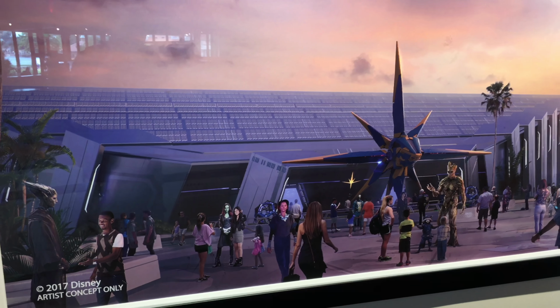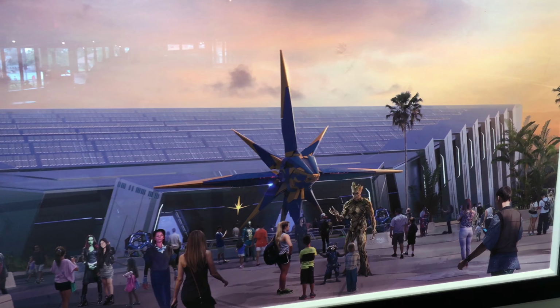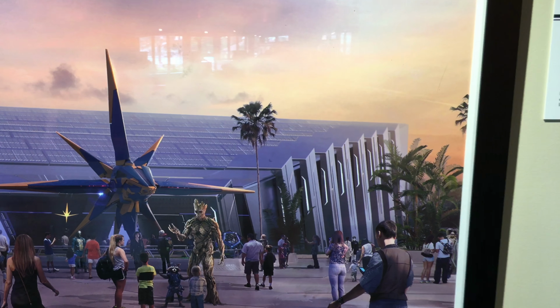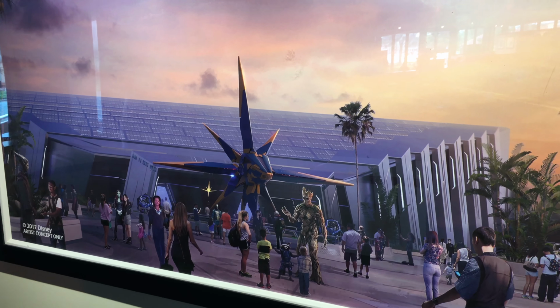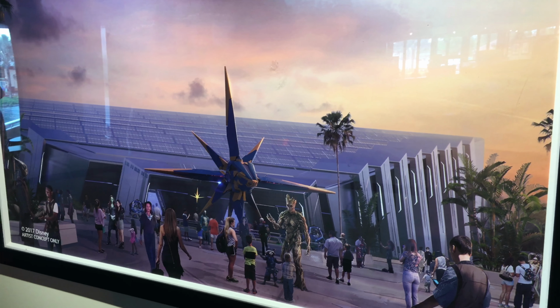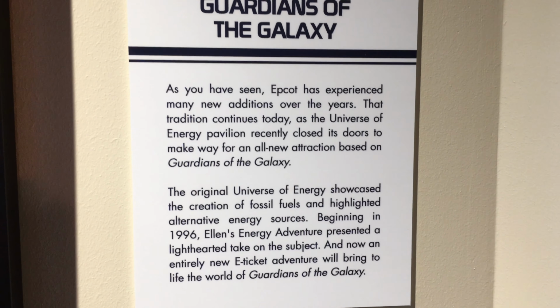And here's the concept art for Guardians of the Galaxy, and you can see they are keeping the original entrance main building for Universe of Energy. It's just going to be planted, and there's going to be a kind of a new emblem out front there. So it looks like it'll all be painted silver. It's a really beautiful way to incorporate the original building. So I think a lot of retro Epcot fans will really be happy that the original building is still going to be there. And here's some information about it. I'm a little sad that they're getting rid of the front, but it's...